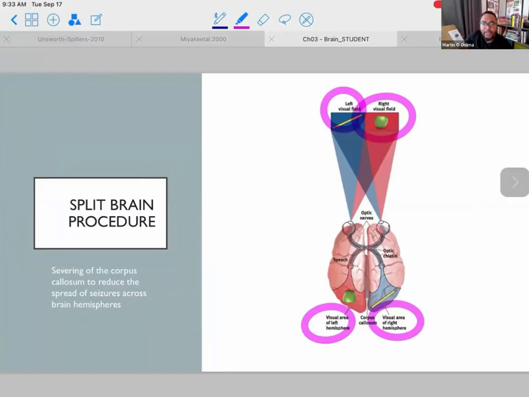So I'm wondering if you have any ideas of what would happen if we did the split brain procedure, even though we know about that contralateral control. If this procedure is done, one consequence is that information might be presented to each hemisphere independently, but without the corpus callosum, they're unable to move the information between hemispheres. So the result is the inability to produce information on the right hemisphere with the left hand and the left hemisphere with the right hand. Due to that contralateral wiring, that's not possible. So if there's a separation, the subject might not be able to see something on the opposite visual field.